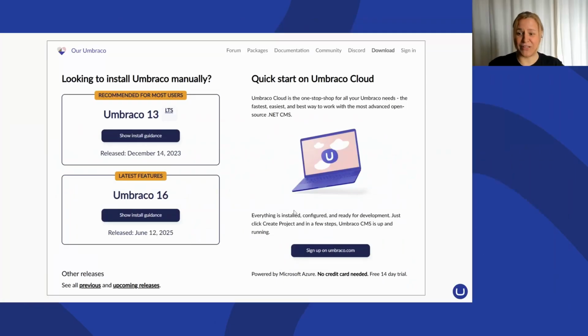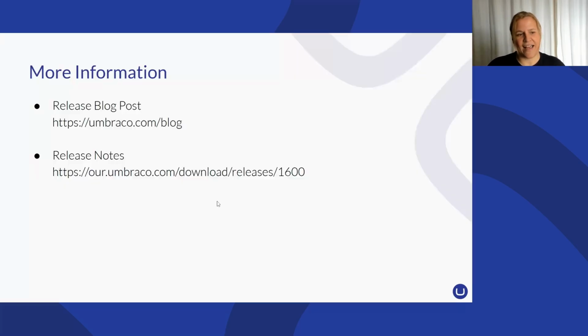So I think what leaves me is to encourage people now, go and have a go, download 16, upgrade your projects. It'll be on NuGet, it'll be on Umbraco Cloud. This is what the page on our site will look like on the day of release. Umbraco 16 available. And if you want to read more, we've got a very extensive blog post that's coming out talking about the release, and of course, as always, the pull requests that have gone into the release will be